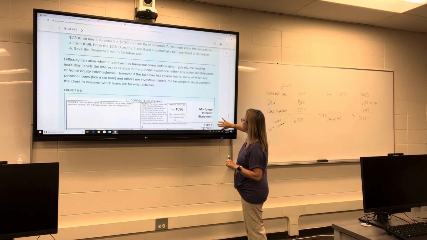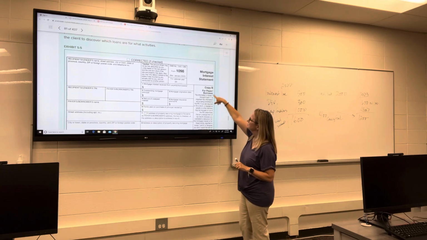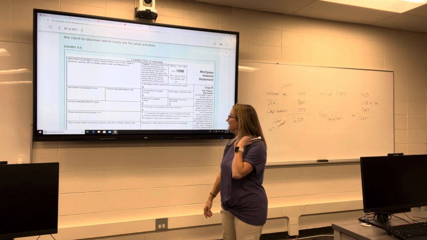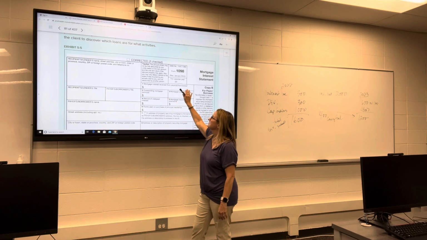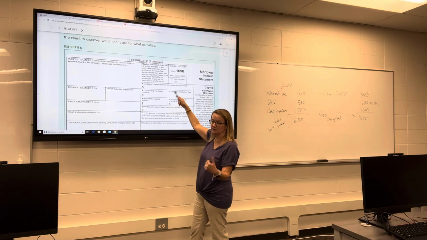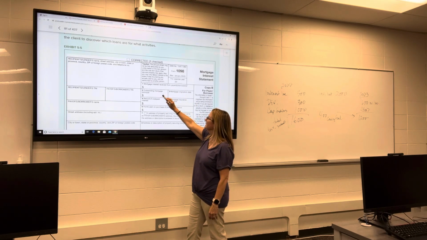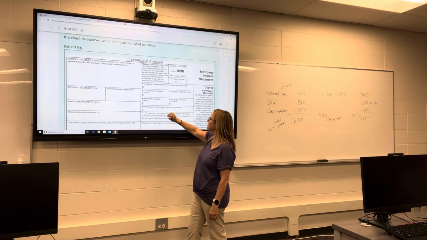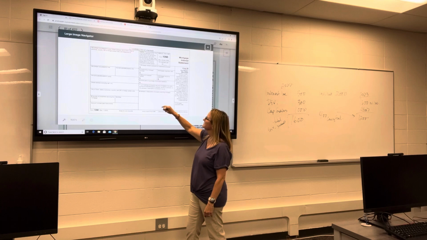What else? Is there anything else here? Oh, so this is what the mortgage interest statement looks like. It's a 1098. So you can see the lender would indicate how much mortgage interest was received during a year. So that's the deductible amount. It might have information about the mortgage principal, the origination date. So this would be important if we're close to that